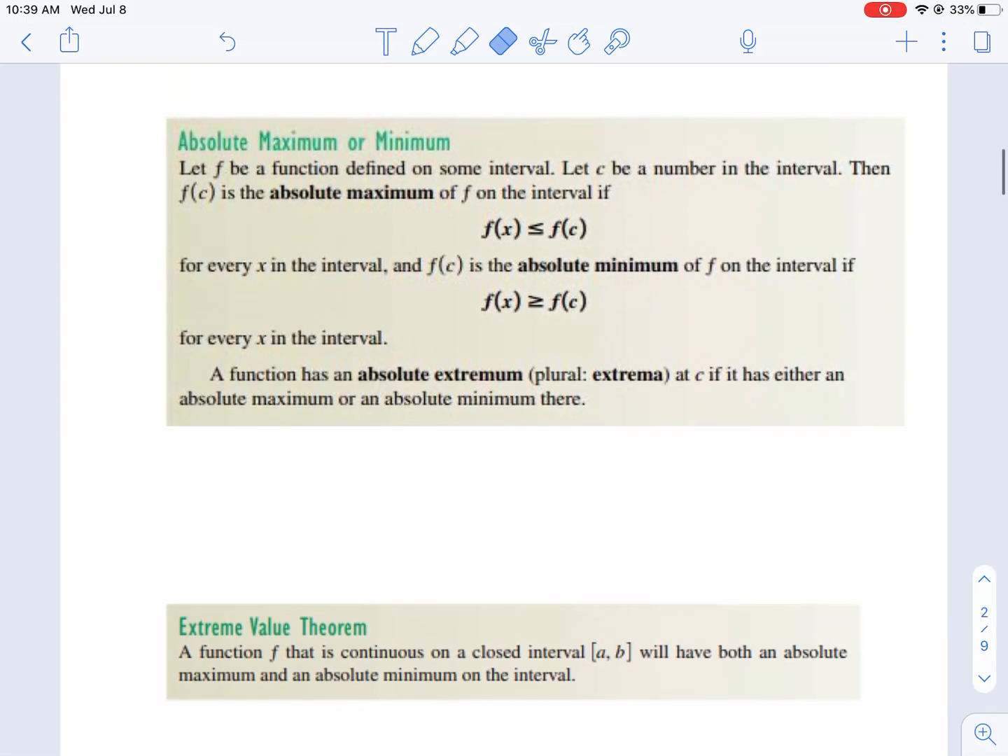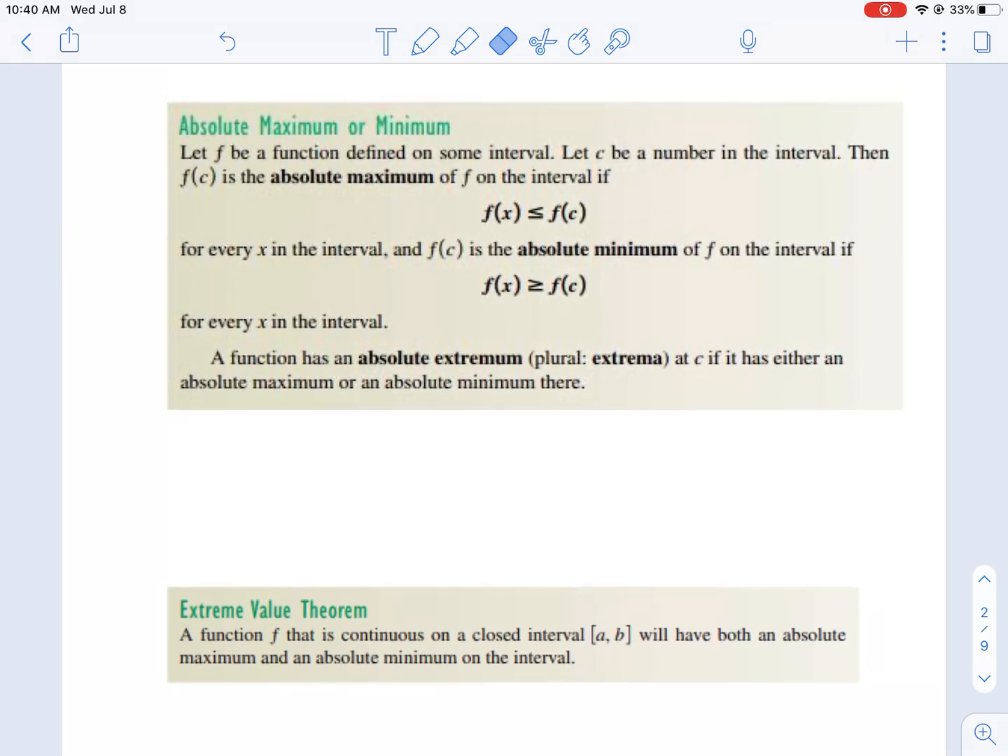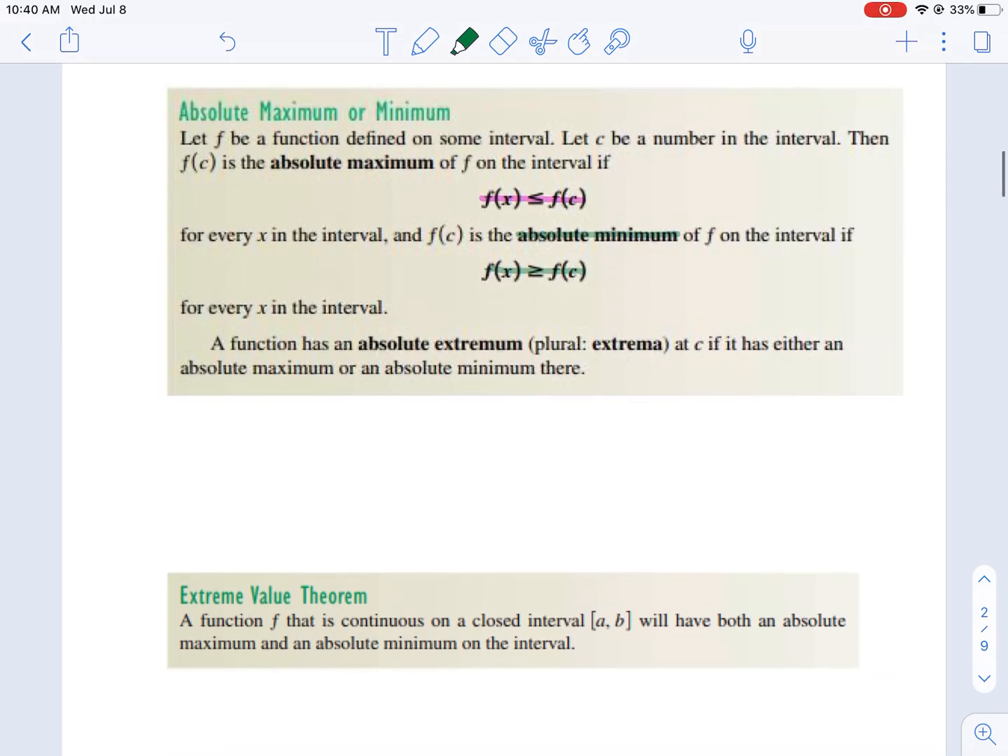First, a little definition. We'll let f be a function defined on some interval. We'll let c be a number in the interval. Then f of c is the absolute maximum of f on the interval if f of x is less than or equal to f of c for every x in the interval. And f of c is the absolute minimum of f on the interval if f of x is greater than or equal to f of c for every x in the interval. And so what I'm going to do is draw two basic graphs here